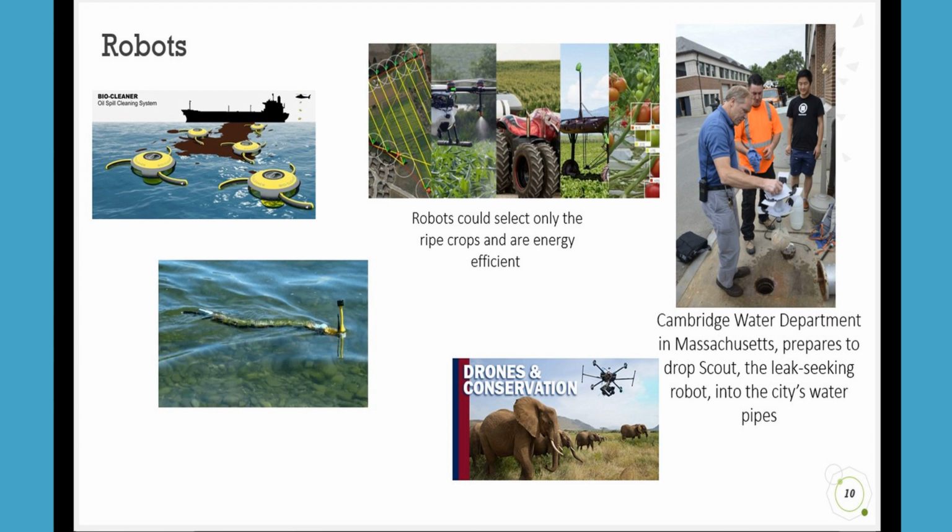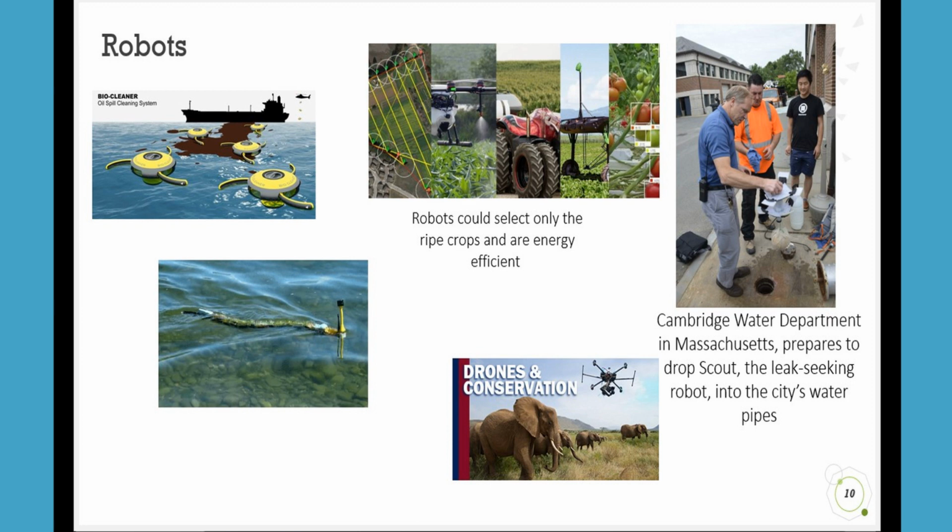There is also an example of drones and different kinds of autonomous vehicles used for the conservation of animals. On the slide, there is a drone which maps the area and visualizes where elephants are, and whenever there is a poaching attempt, the drone keeps a watch and helps the police in tracking those kinds of activities.